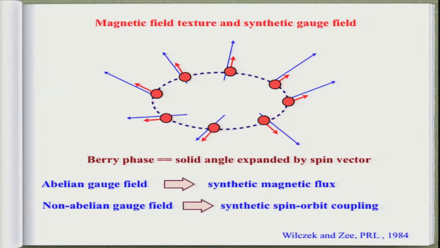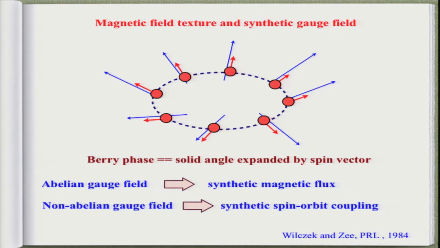Now, you may know that the gauge field is a concept of charged particles, right? But the cold atoms are neutral. So how are they going to have a gauge field? The idea to realize a gauge field for neutral atoms is like this. The principle is very simple: if you have a magnetic field texture in space, and the atom travels around the space while its spin is locally polarized to the direction of the magnetic field,